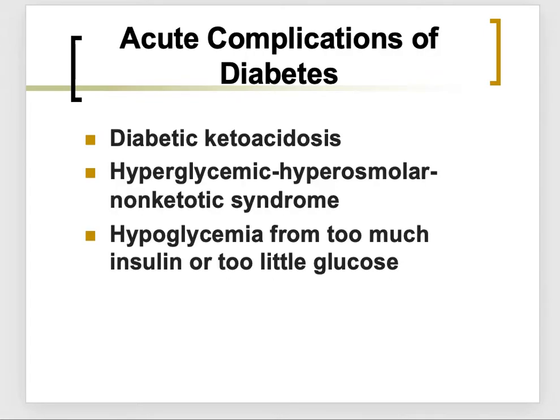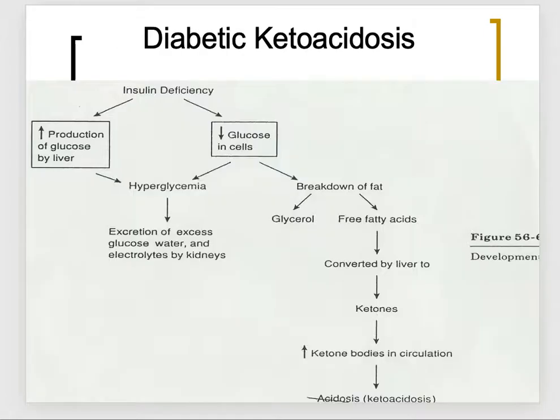So really, what they end up seeing is too much glucose or too little insulin is really the cause of what we call diabetic acidosis. So this is a potentially life-threatening complication. It happens, again, this one happens a lot of times with diabetics type 1. But again, this diabetic acidosis can happen with type 2 diabetes under certain circumstances. So it's a shortage of insulin. The body responds and switches to burning fatty acids and producing acidic ketone bodies that cause very high level of